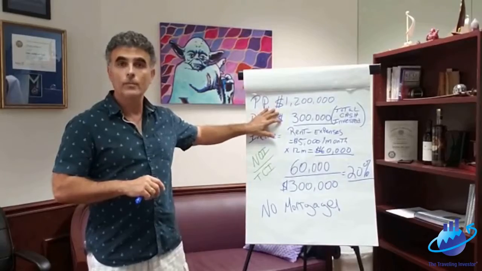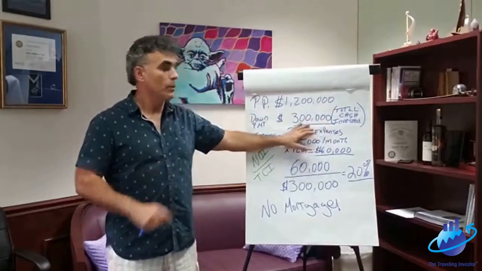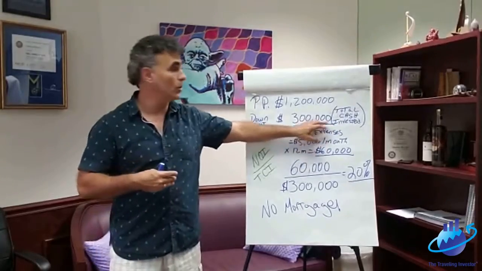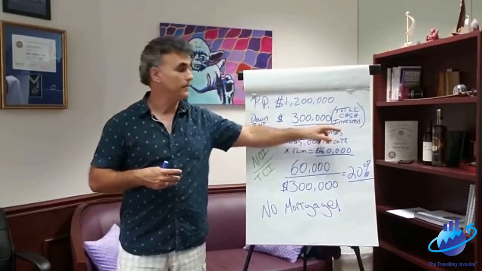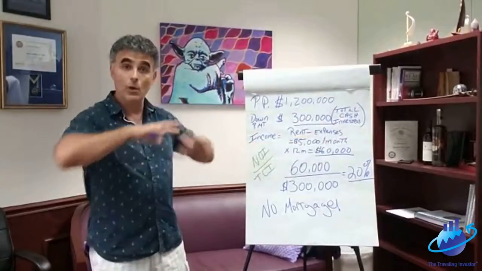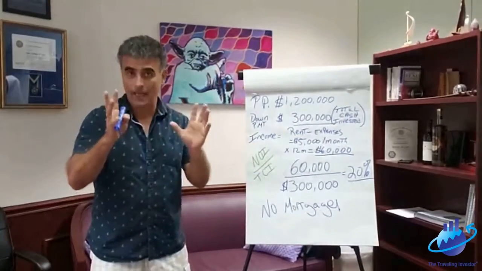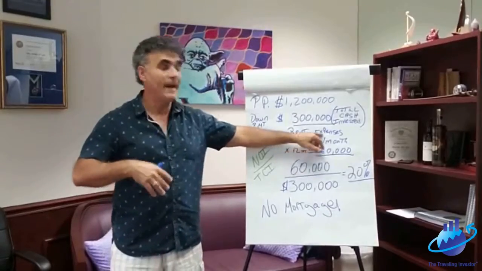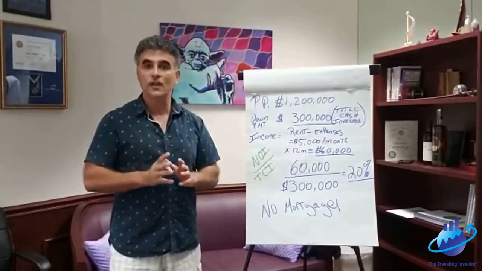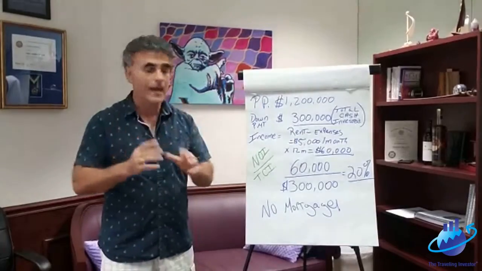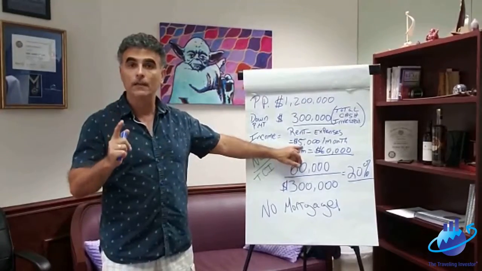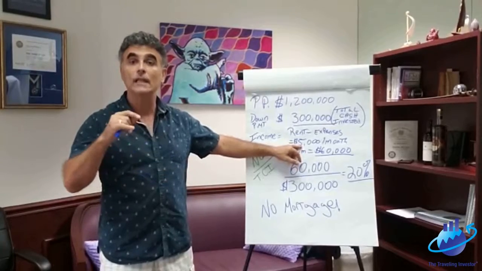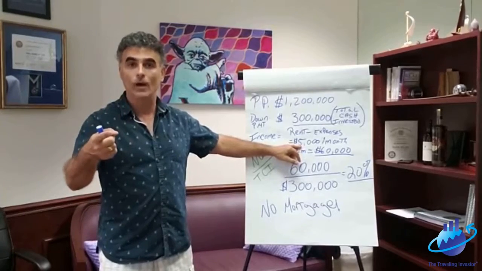So we have a property here that we purchased for $1.2 million. We put $300,000 down cash, right? That is our total cash invested, right? Our income, our net operating income, I should say, is all the rent, all the income coming in minus the expenses. And let's just say for argument's sake right now that after all that, our monthly NOI is $5,000 a month. And I said to calculate this, we need our annual NOI, correct?